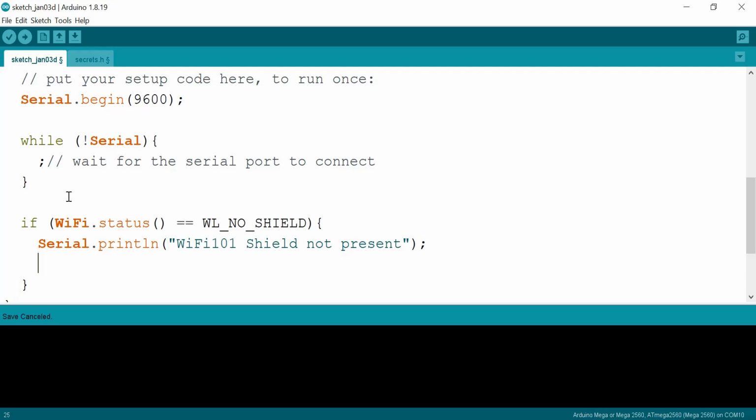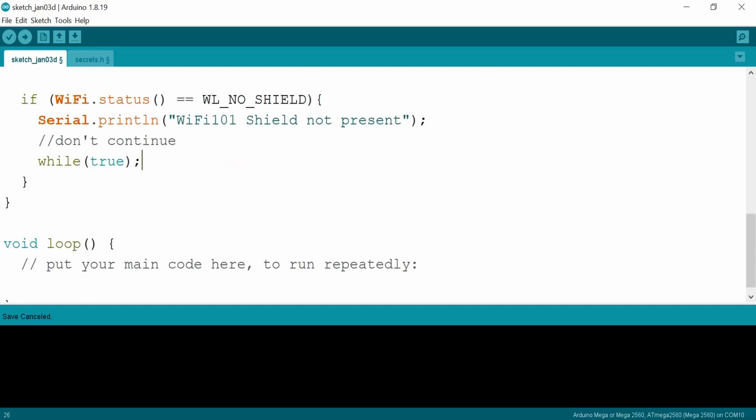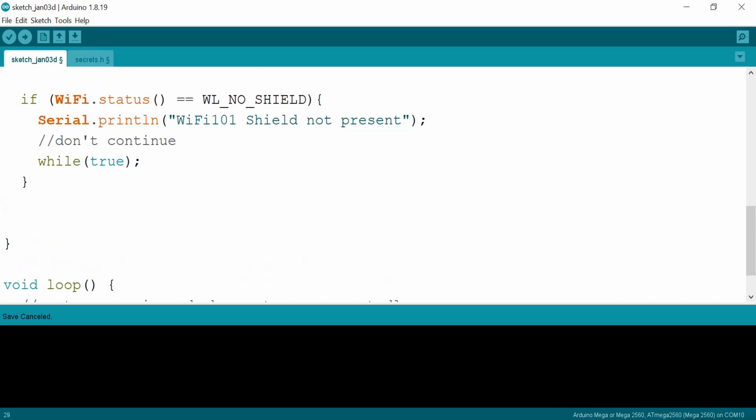All right. And then we obviously don't want to continue with the rest of the initialization process. So let's just say "don't continue," and then while(true), we're just going to loop. So remember, this while(true) will just loop infinitely because true is always true. All right. So if the status is not no shield, so if a shield is connected, it'll move past this entire if statement, and we can say